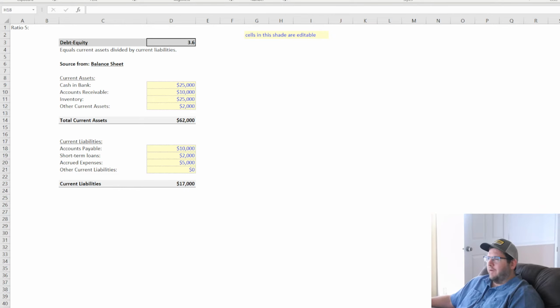I guess that's how you define debt, though. Outstanding long and short-term debt. Let's say XYZ has about $3 million worth of loans. Okay, so it's not like all accounts payable, it's just